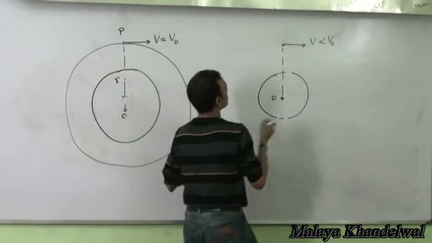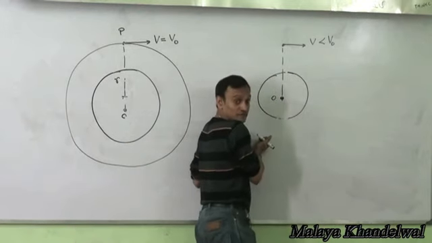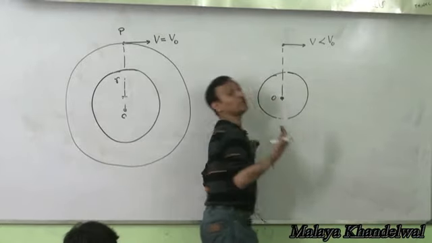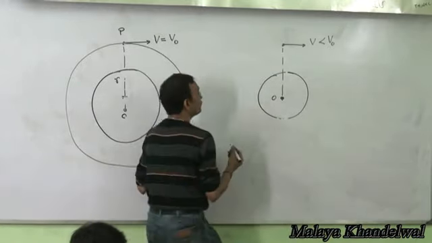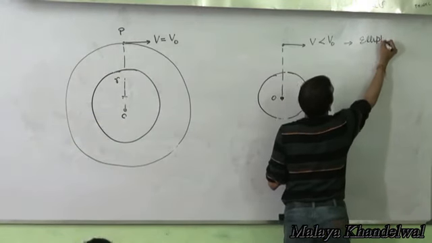What it does is, with the center of the earth as one of the foci, it will undertake an elliptic trajectory. If v is less than v naught, then an elliptic trajectory